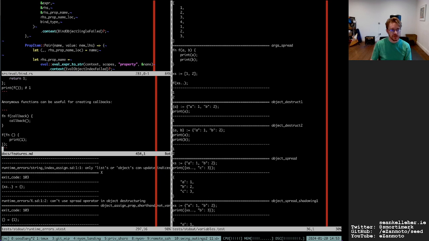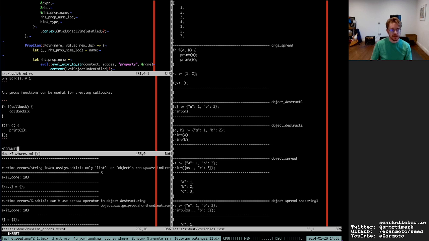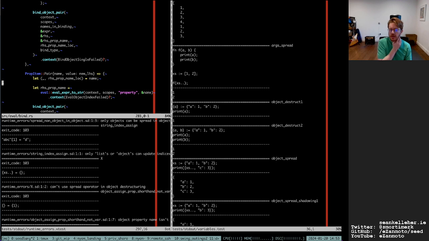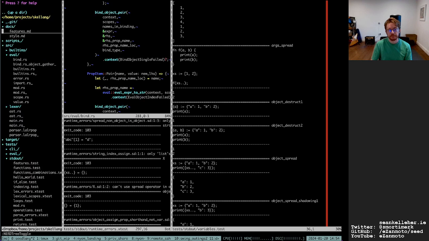I might just add some to-do bits to those files to remind myself. So features, oops, no commit, object destructuring. And that's something that I think, did I see or did I not see in some of the other languages that I was looking at earlier?